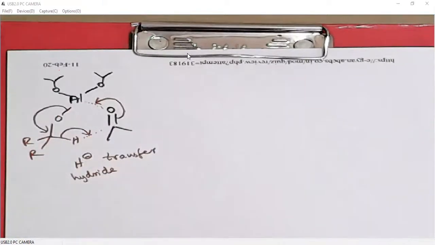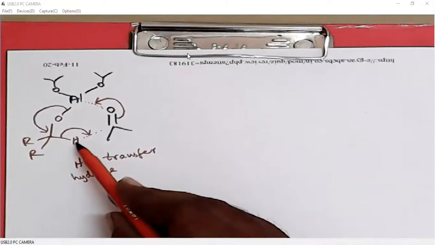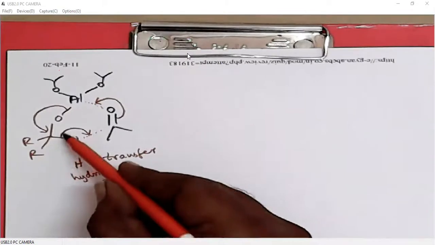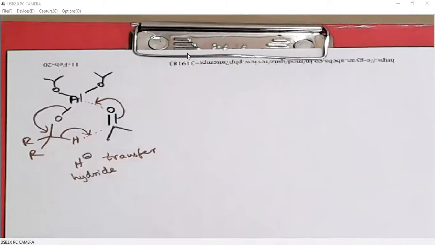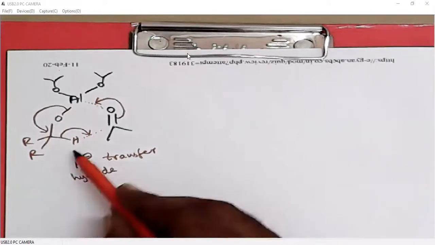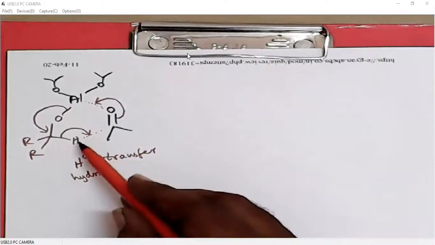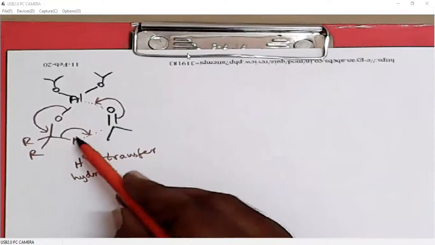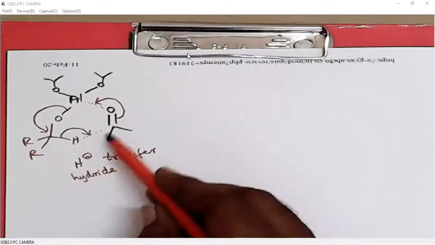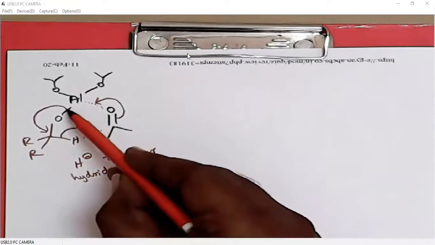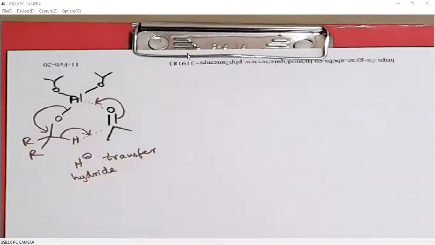So this is exactly the reverse of the Swern oxidation, right? Where in Swern oxidation, we pick up this proton, so the bonding electrons will be moved towards the carbon oxygen double bond. Whereas in Oppenauer oxidation, this is reverse. H minus is leaving, it's not H plus. So H with the bonding electrons will be leaving, and from the other side, the bonding electrons will be pushed to generate the carbon oxygen double bond.